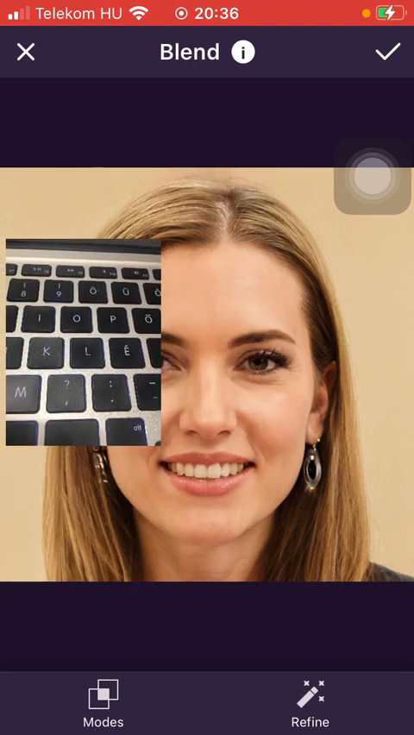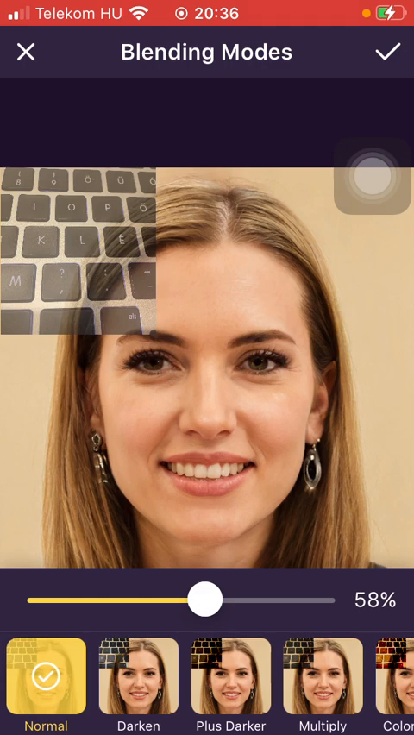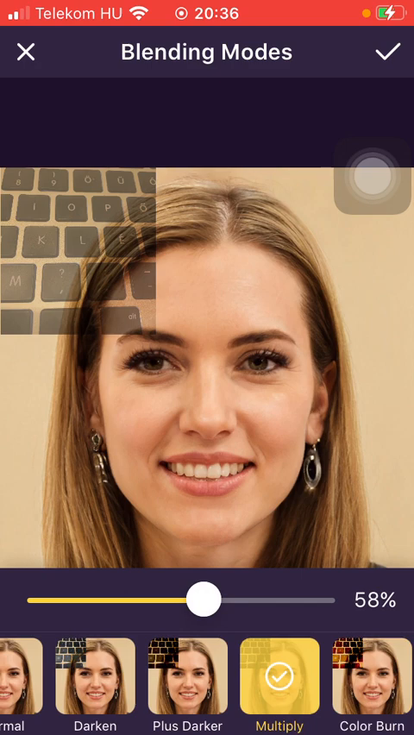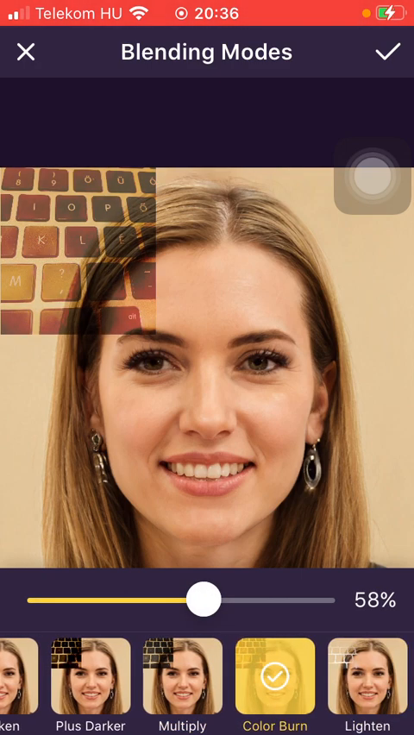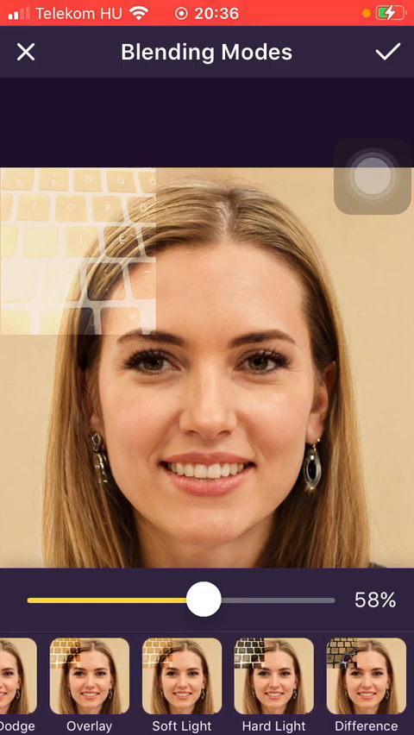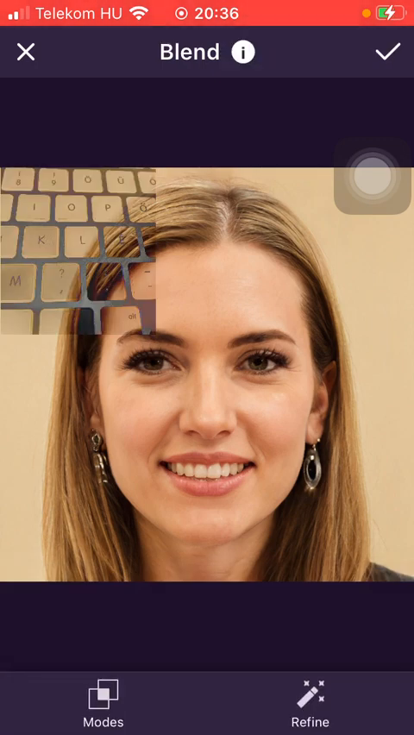So here you can find both of these options, tap on modes, and here you can adjust the blending by the help of this slide down below. You can also choose these options such as darkening your picture, plus darker, multiply, color, burn, lighten, plus lighter, and so on. After finding the relevant option, click on the check mark icon in the upper right corner and you